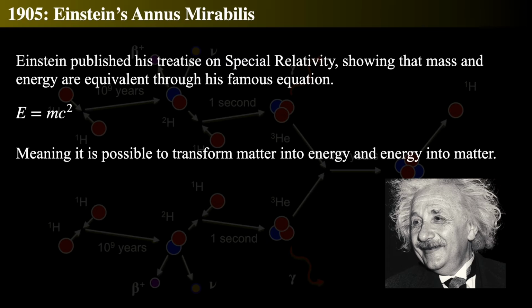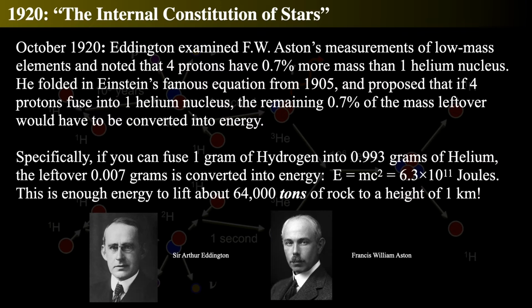That's what that means. So 1920, Sir Arthur Eddington examined someone else's previous measurements, F.W. Aston's measurements. Aston was measuring low mass elements like hydrogen, helium, lithium, beryllium, and so forth. And Eddington noted that 4 protons have